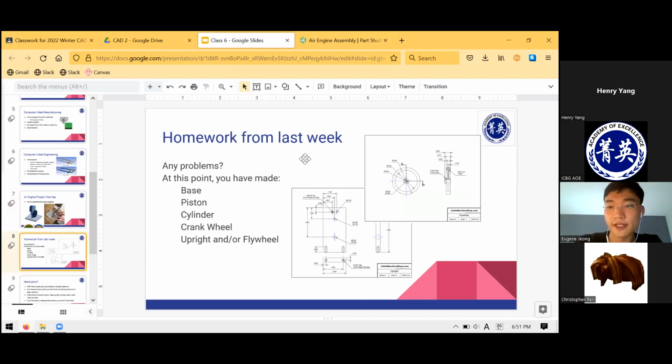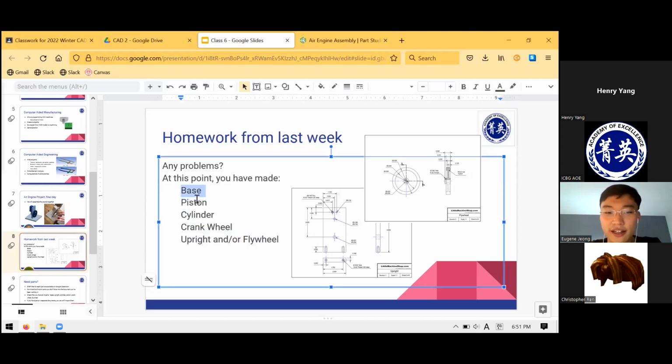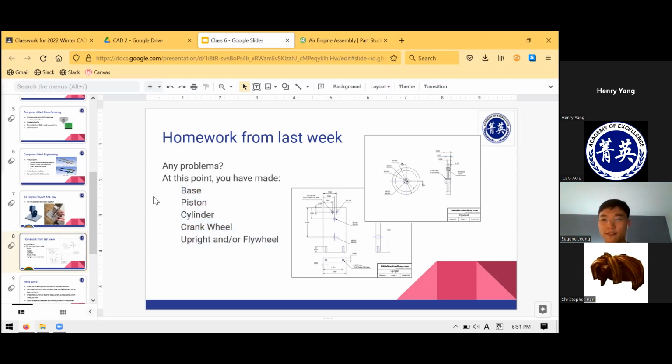So the homework from last week, I know some said that they didn't do it, but I'm sure these were pretty challenging parts. So I understand that you might have any questions there. But at this point, in an ideal world, you'll have made these components, which are all the components that you need to make the engine. But I know in real life, that's not always the case. So we have our